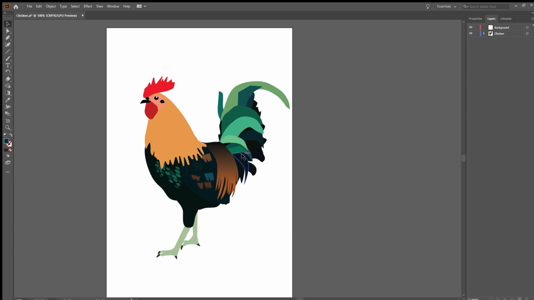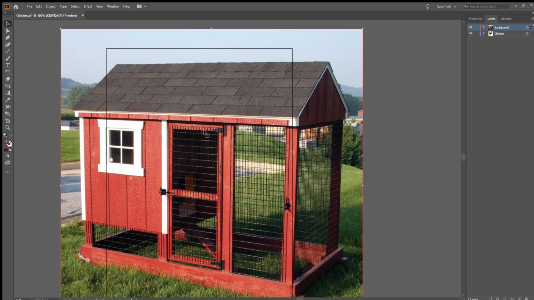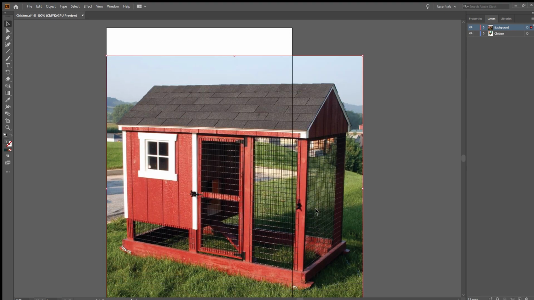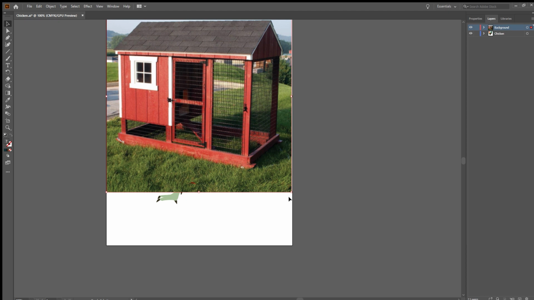Okay, so I found an image. I'm just going to make sure I go onto background, and if I go Control V, there is my background image that I'm going to use for a reference. So I'm going to make it a bit smaller. Hold Shift when you drag from the corners, that way it's not going to go all fat or skinny. Okay,